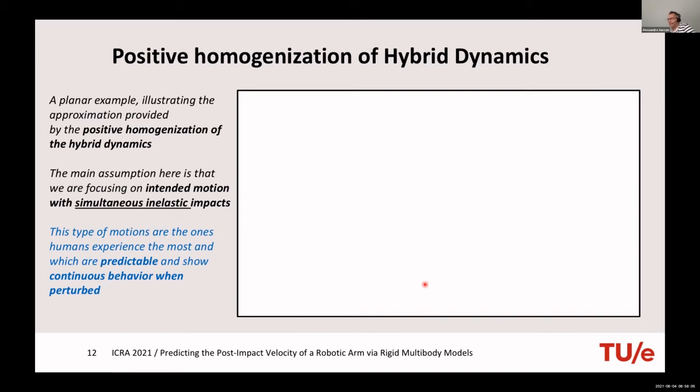So there's something special about this inelastic impact. You need to add more assumptions: inelasticity together with simultaneous impact is making things easier to predict and also to analyze. So these are really the kind of motions and trajectories we're interested in. And for those types of trajectories, we can say something, at least locally.